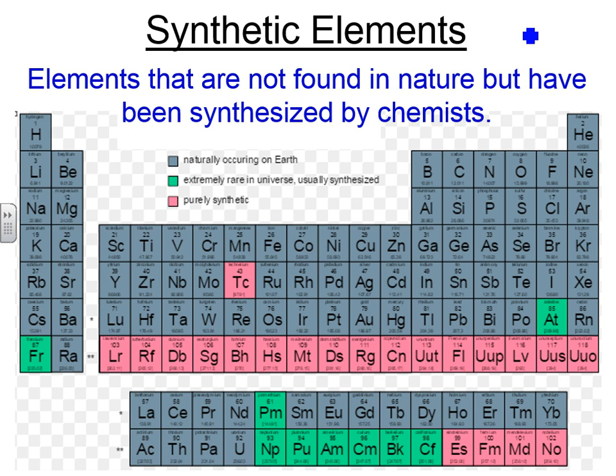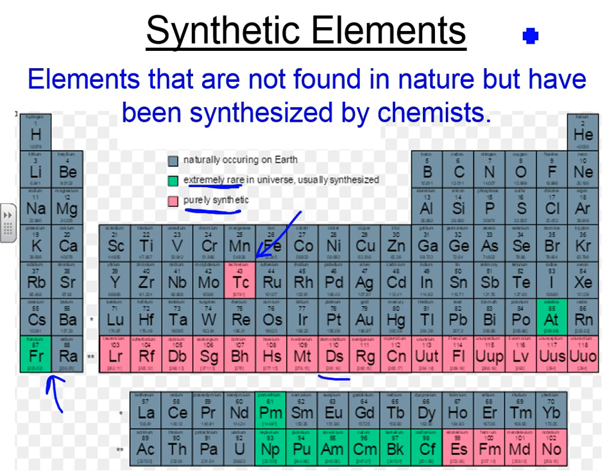Some of them are purely synthetic, and some are extremely rare, but we found them in nature, just traces of them in nature. I mentioned francium being the rarest of all in nature. By rare, I mean it does exist in nature. Technetium, notice, does not exist in nature. It's all been synthesized. So all the rest of these, especially down here, the last 10, 20 elements are definitely synthetic and made by humans.